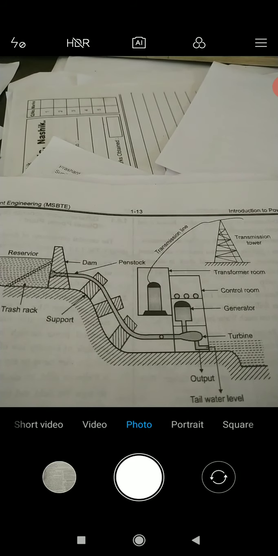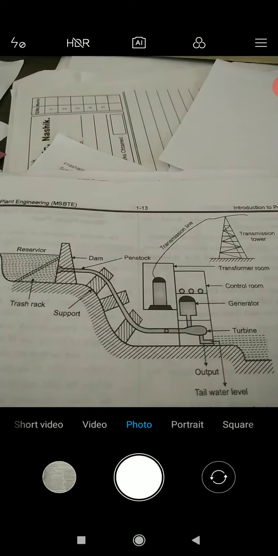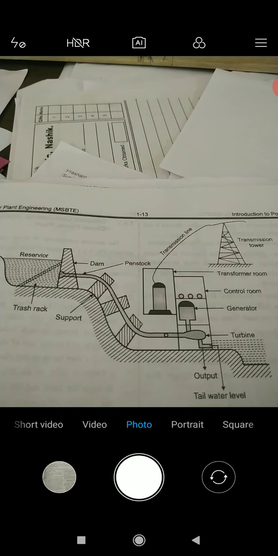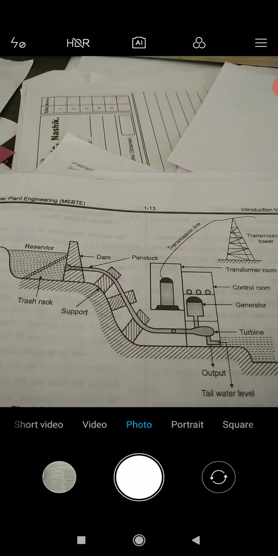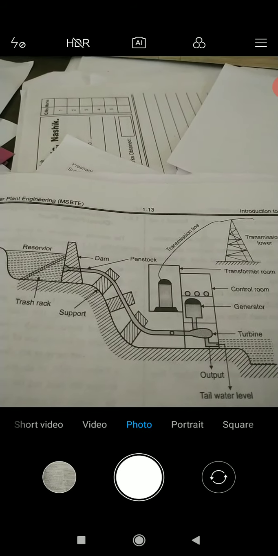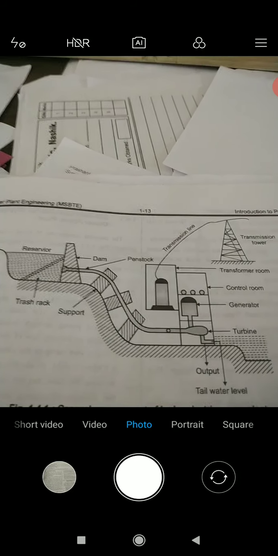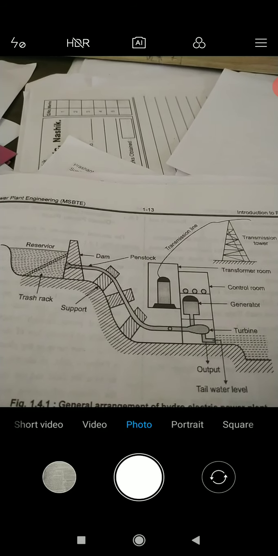Turbines which rotate on a vertical axis are located below the floor level, while those rotating on a horizontal axis are located on the ground floor along the side of the generator. Now the next unit is the hydraulic turbine. The main function of the hydro turbine is to convert the kinetic energy of the water into mechanical energy to produce electric power. The turbines which are in common use are Pelton wheel, Francis turbine and Kaplan turbine, depending upon the head available. And last is the draft tube, which is nothing but the output.